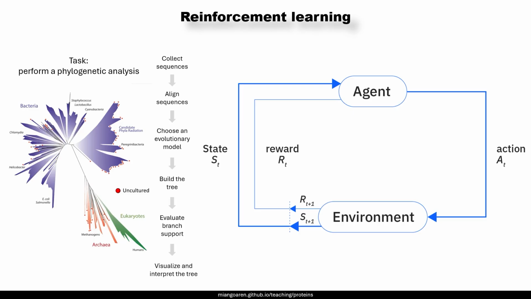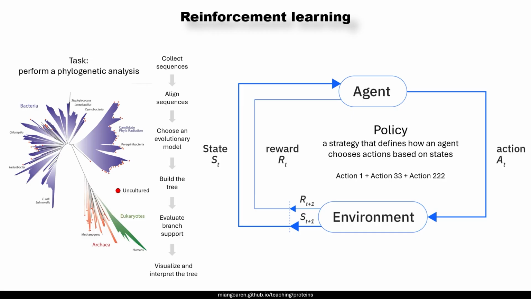in order to continue with this particular task, which was already illustrated with, for example, a phylogenetic analysis. And during this procedure, what the agent does, the language model, is learn what is known as a policy, which is specifically this idea that you have to define a strategy of what actions to take in order to solve a specific task. Let's say there are multiple actions you can take within each of these modules, and let's say the combination of action 1 with action 33 and action 222 turned out to be the most optimal